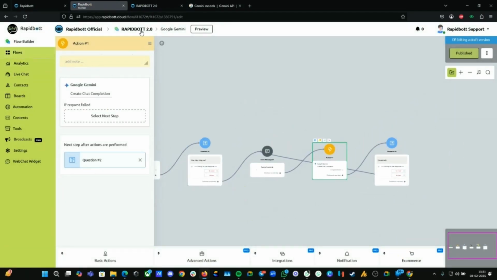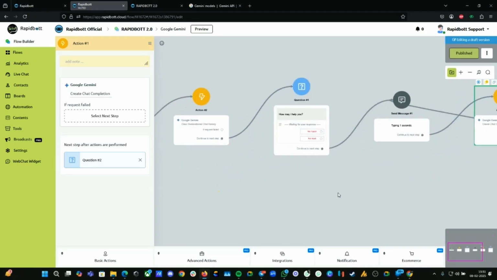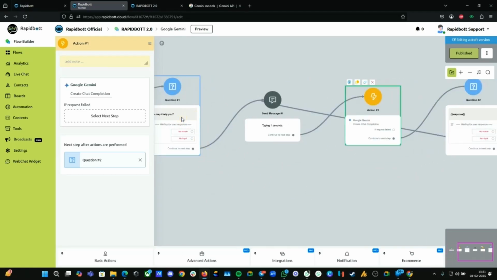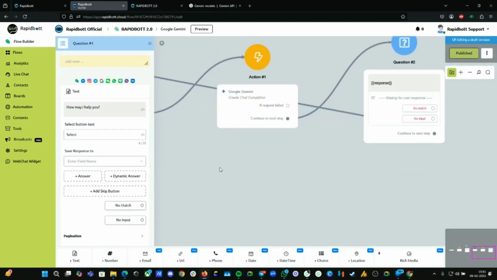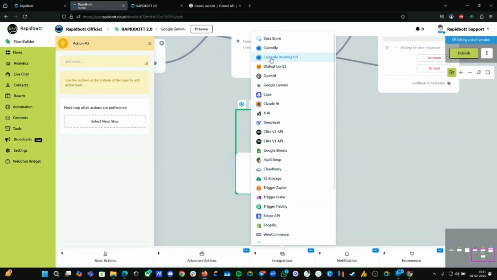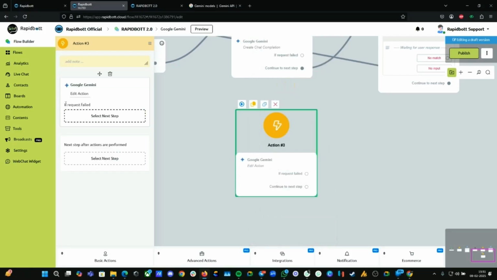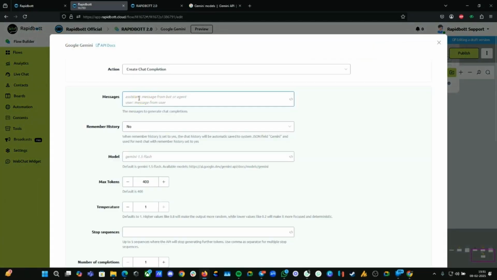You can set up a flow or create a subflow, and you first set up a question block, then you can add a typing delay, then inside the action block go to integration. You will find the Google Gemini block. You can click on it and click on edit action. Here you need to provide the prompt. So you can give